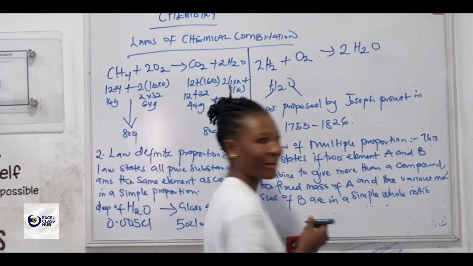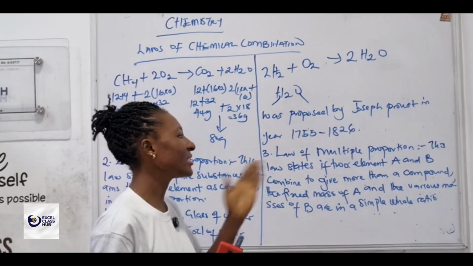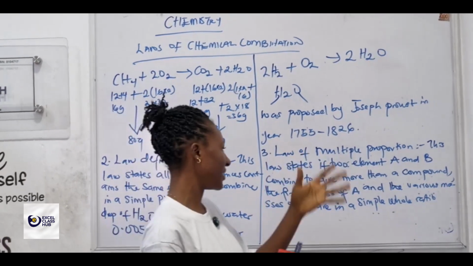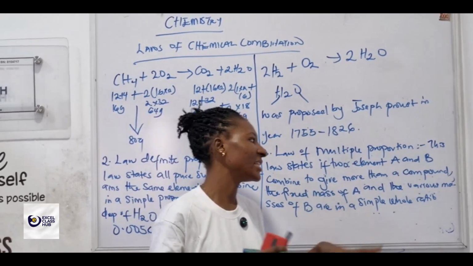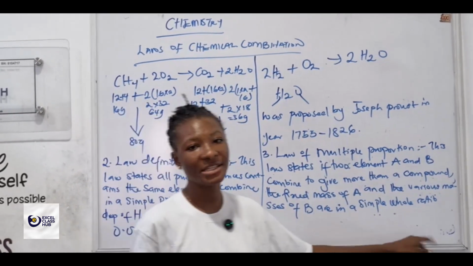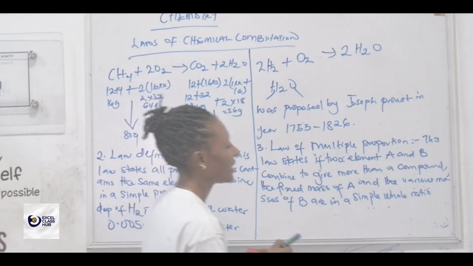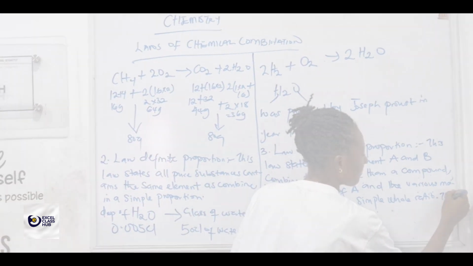Okay, I'll read again. This law states that if two elements A and B combine to give more than one compound, the fixed mass of A and the various masses of B are in a simple whole ratio. This theory provides